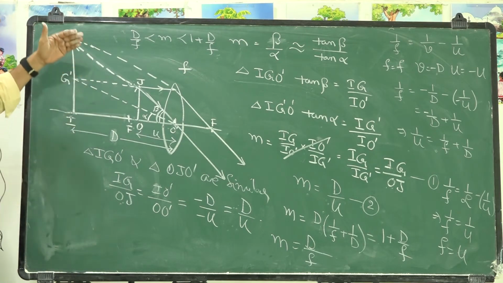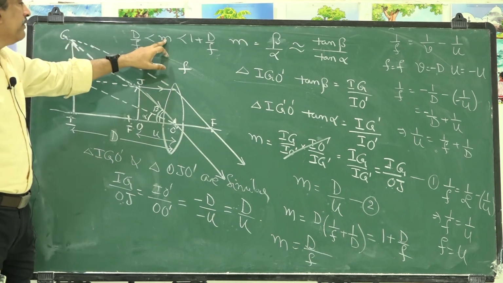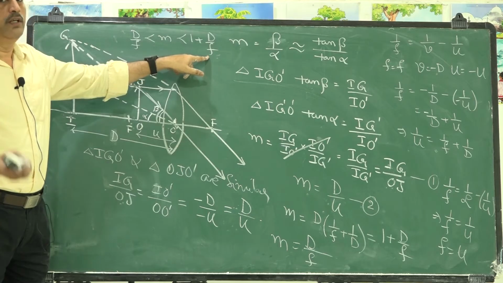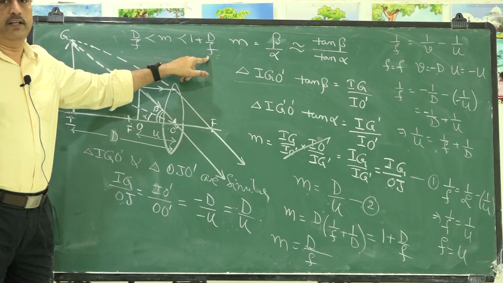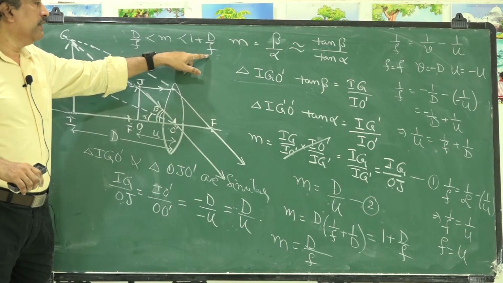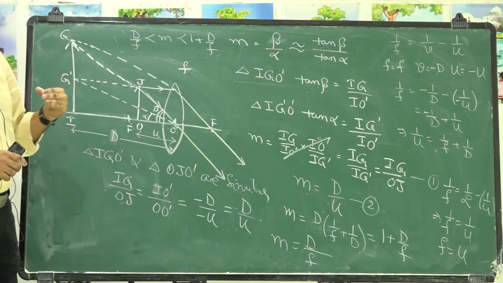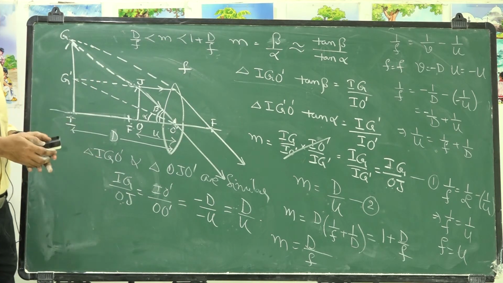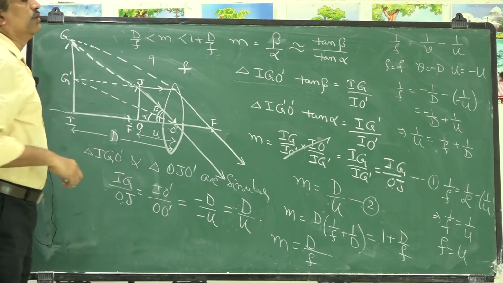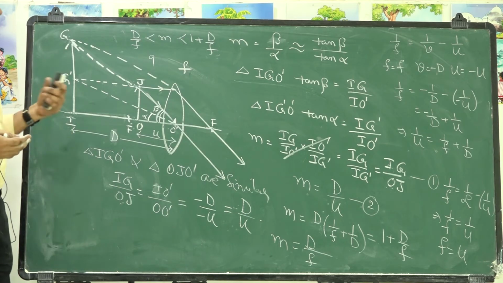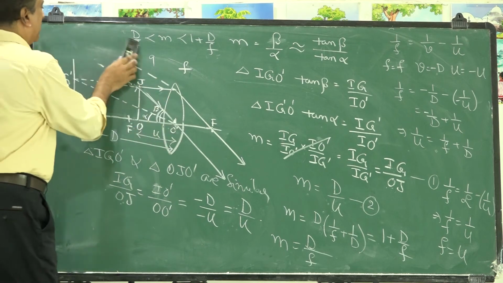So, from this we can conclude that the magnifying power is inversely proportional to the focal length. That means, if the focal length of the lens is smaller and smaller, we get higher and higher magnifications. But there is a limit for this focal length. So, the maximum magnification that we get with a simple microscope is about 9. So, for higher magnifications we use a compound microscope. Okay. Now, let us discuss compound microscope.